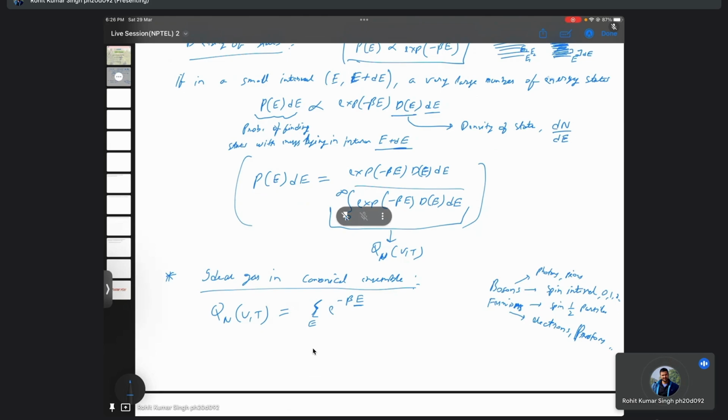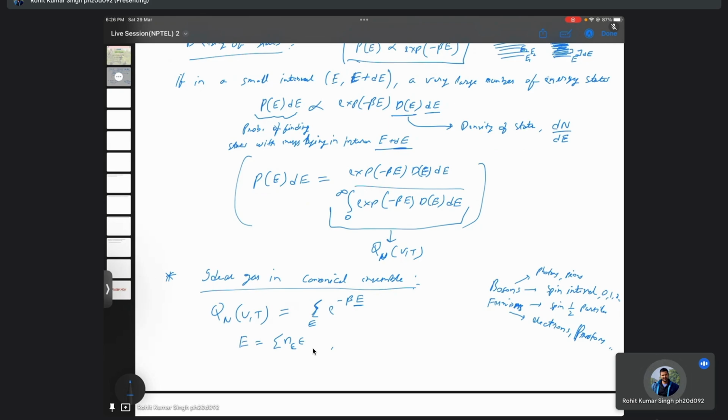And for each ensemble we have this formula, okay. Now I'll explain what it is. This is the total energy of the system, and this total energy should be equal to the sum over energy of a single particle, okay,